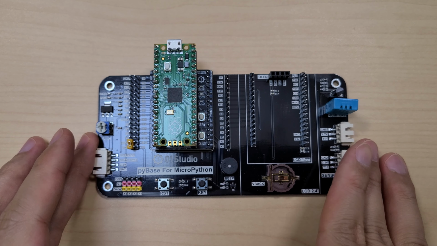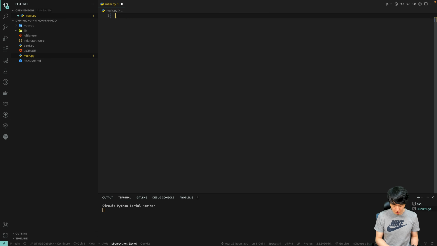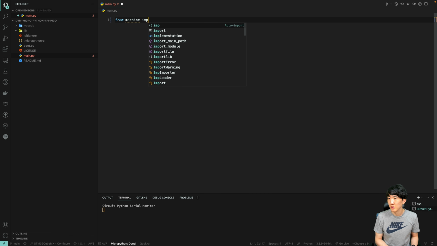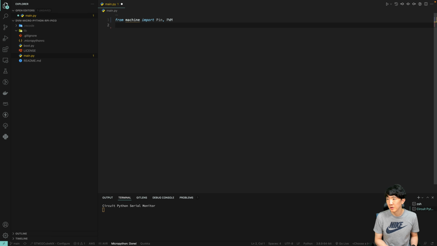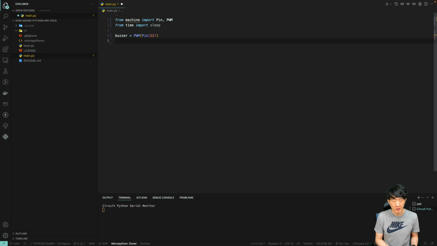First, you can connect it like this. I opened the previous code and deleted it. Then, I imported Pin and PWM from machine, and sleep from time. Next, I set up PWM on pin 22, GPIO 22, and controlled the duty based on